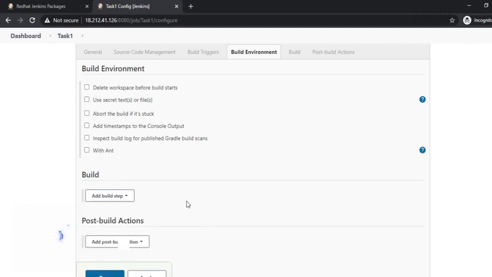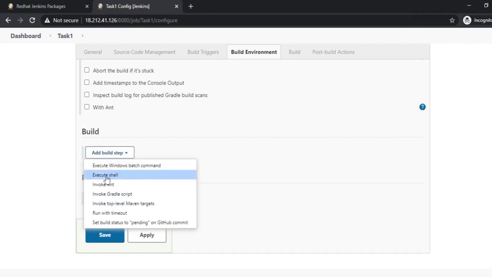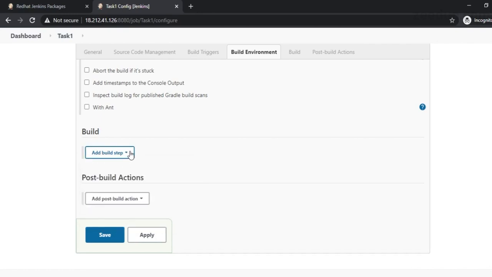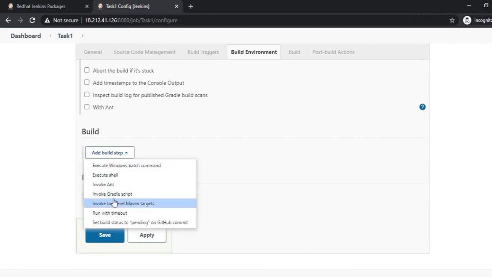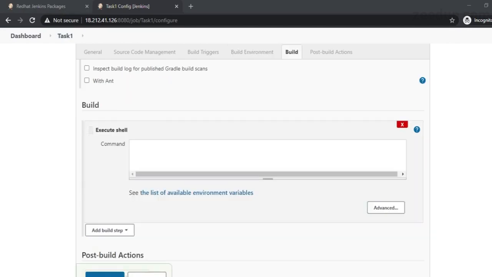Now in the build step, we can use Windows batch commands, that is the Windows terminal, or execute shell, the Linux terminal. We are using a Linux system on which Jenkins is installed, so we will be using execute shell.